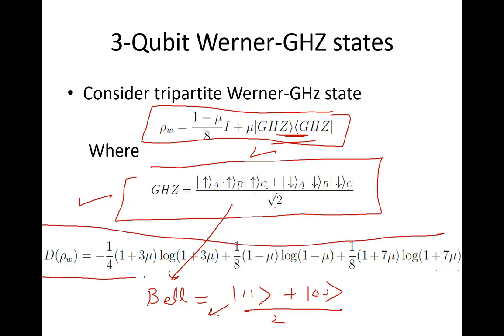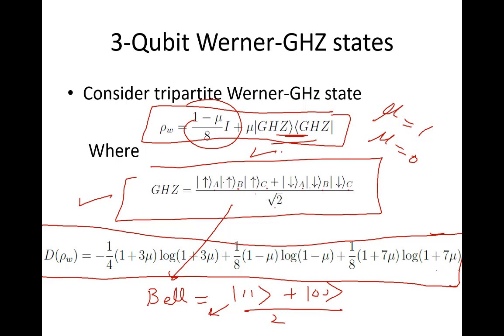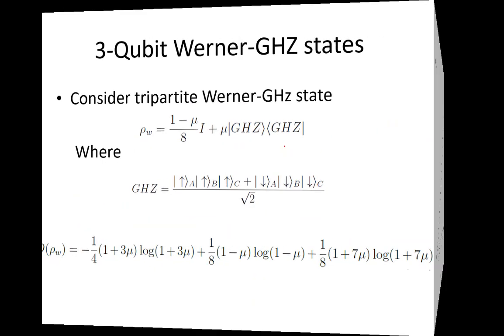And now this is the Werner state based on the GHZ state. You can change the value of purity. Here mu is the purity, maximum value is 1, minimum value is 0, so mu varies from 0 to 1. If mu is 1, you will see this term goes to 0, and you will end up with the GHZ state. So with mu equal to 1, the Werner state turns into the pure GHZ state, and GHZ states are Bell states. We already know that the discord entanglement for the GHZ state is 1, and if you put the value of mu equal to 1, you will see the discord turns out to be 1.